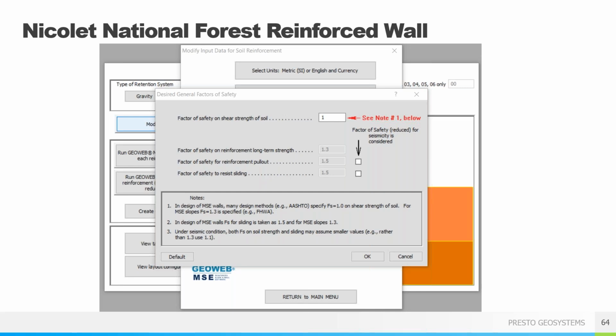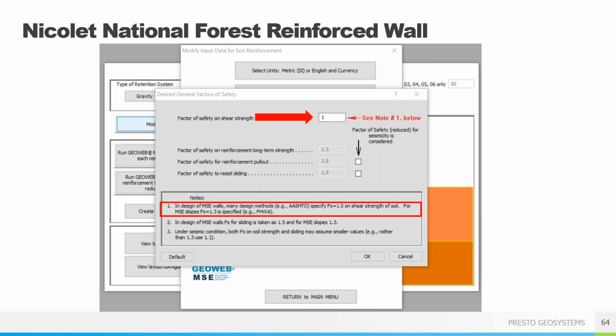Here you go. Once again, general factors of safety, simple slide, not many options. The one that we can change is the factor of safety for shear strength of soil. It really does default to a factor of safety of 1. This has to do with note 1. Basically in the US, there are 2 main methods for reinforced soil wall design, AASHTO and FHWA.